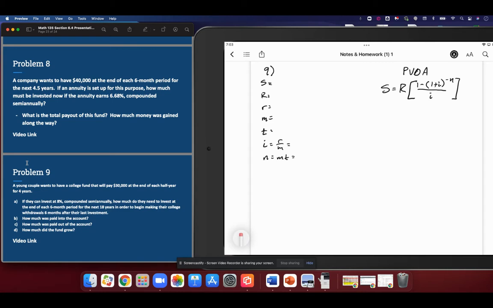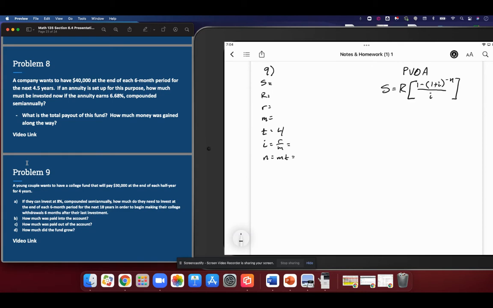So if they can invest at 8.8% compounded semi-annually, how much do they need to invest at the end of each 6-month period for the next 18 years in order to begin their college withdrawals 6 months after the last investment? Now, I just did this problem a moment ago and I had to erase all my work because I made a mistake. The time for this portion, everyone, is not 18 years. The time for this portion is 4 years because we're trying to figure out how much money needs to be